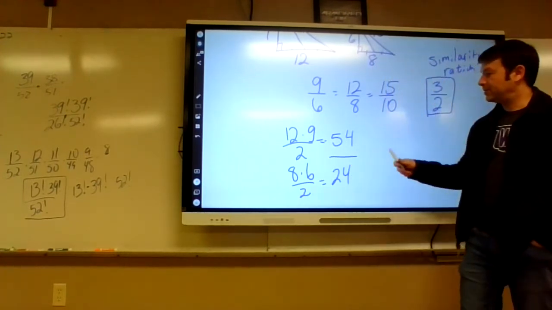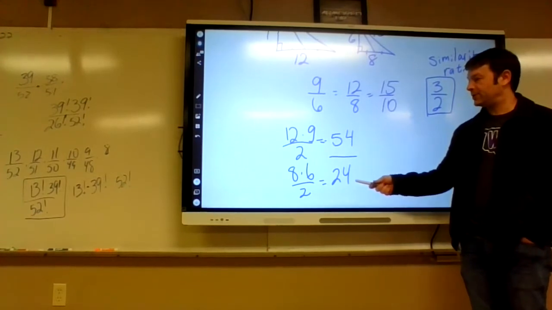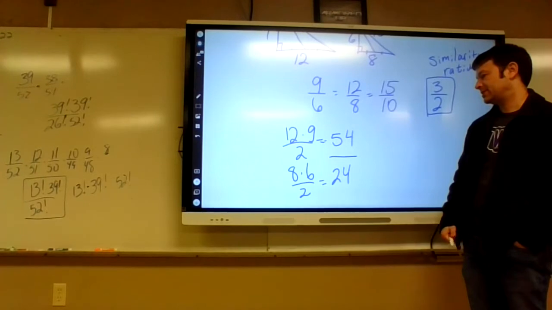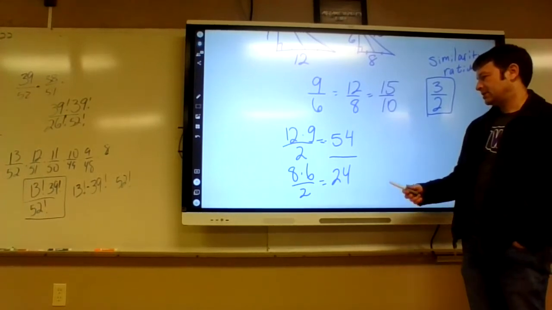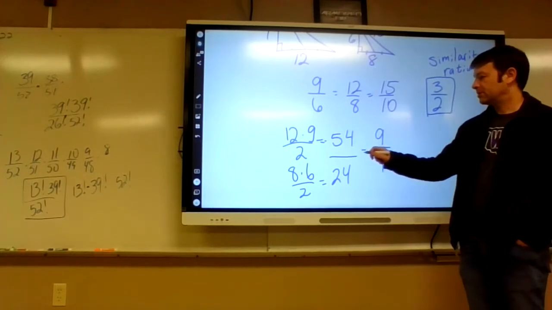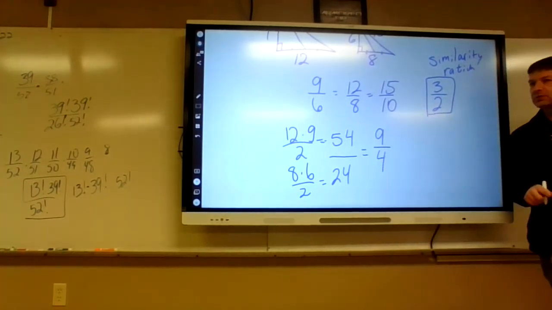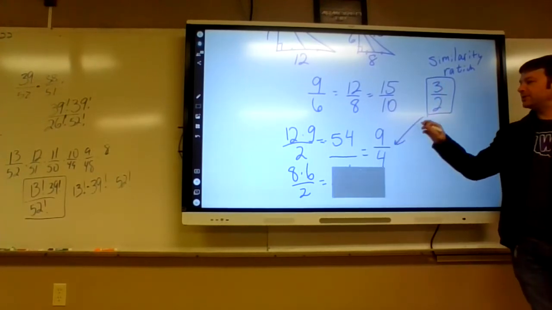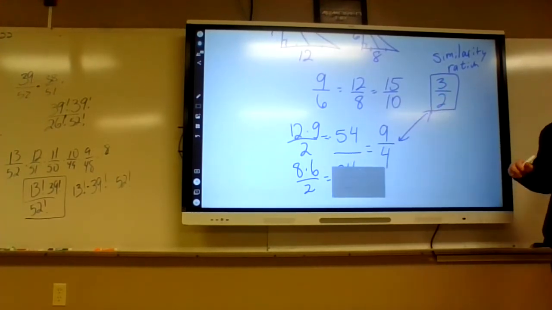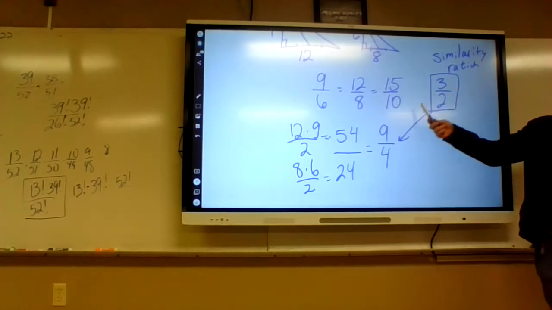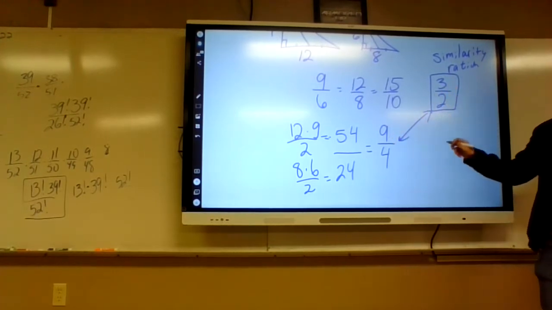Okay, so we got a ratio of areas is 54 to 24. What do those both divide by? 6. Divide by 6, it's 9 to 4. Okay, how are these two related? That's the question. That's 3 squared, which is 9. They're squared. Yeah, 3 squared is 9, and 2 squared